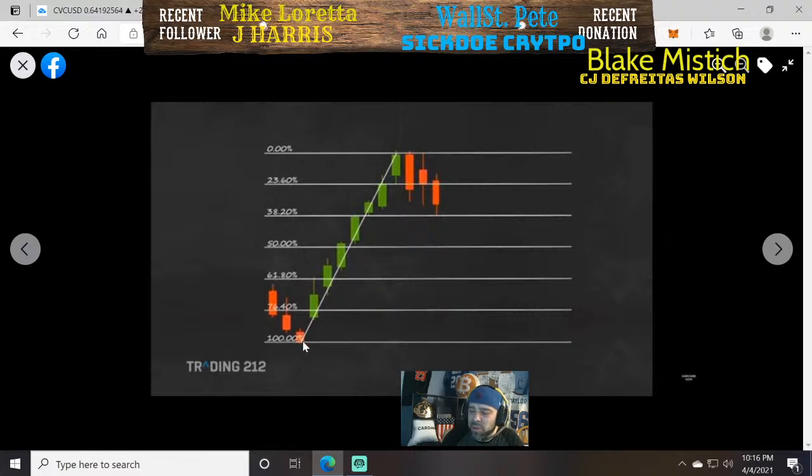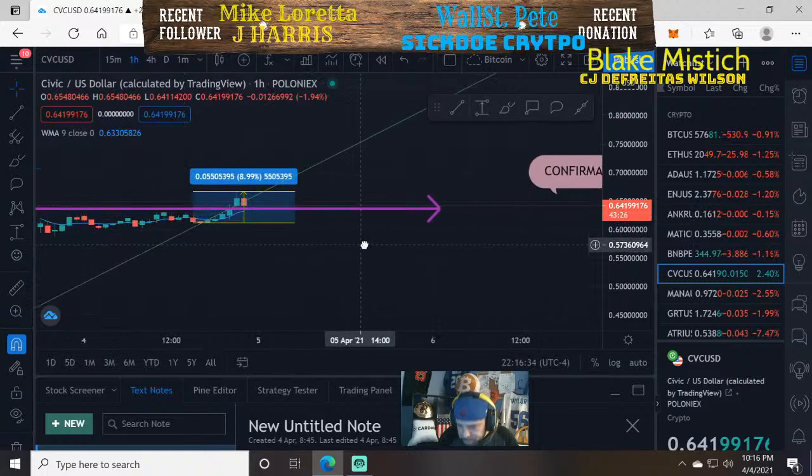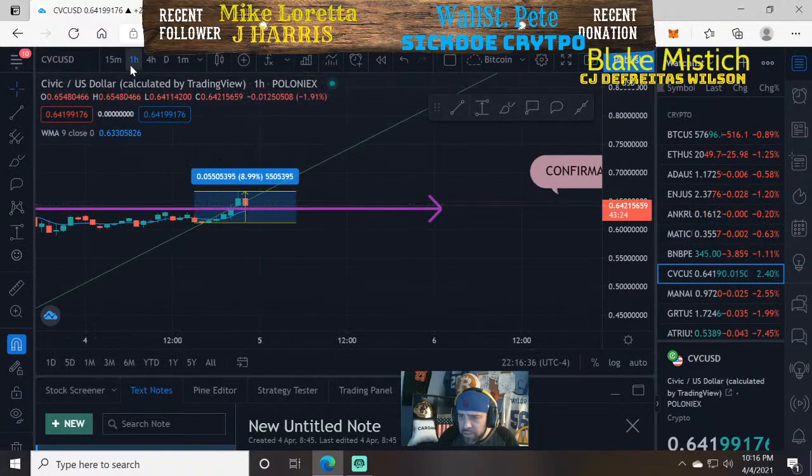The bottom of this wick here, you take your line and you go to the bottom right of that to the top left. So let me show you. This is the Fibonacci move. I'm a mess right now. So I took the bottom there and I went to the bottom. See how I did it? And then what you're going to do is wait and see if this wick here on the hourly candle falls below and gives you your typical 38.2 retracement, which then after the candle finishes